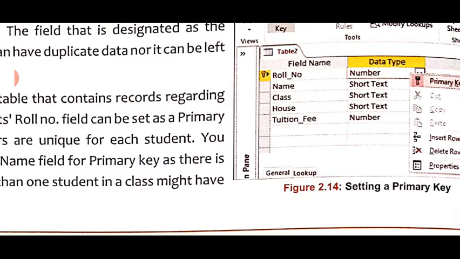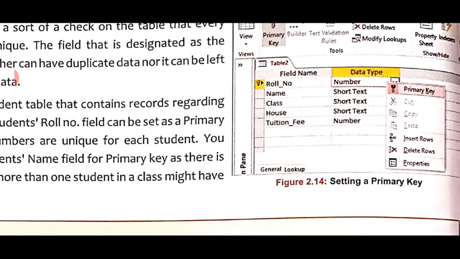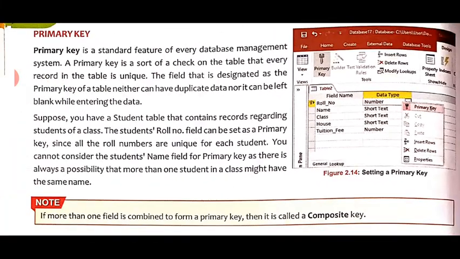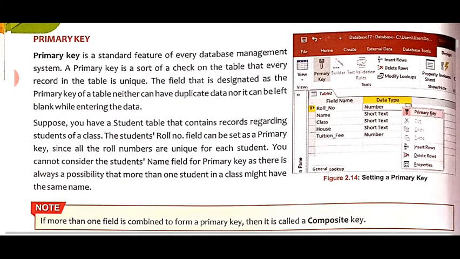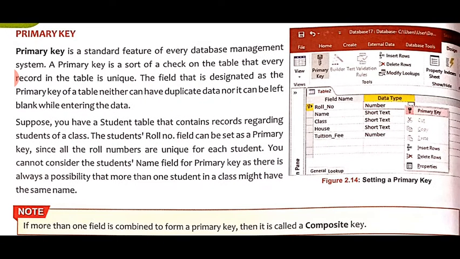In a table, primary key is needed for relationship creation between two tables. The other use of primary key is what? For relationship creation, and it is the main function of a primary key. With the help of primary key, we can find out that this particular field is a unique value field.